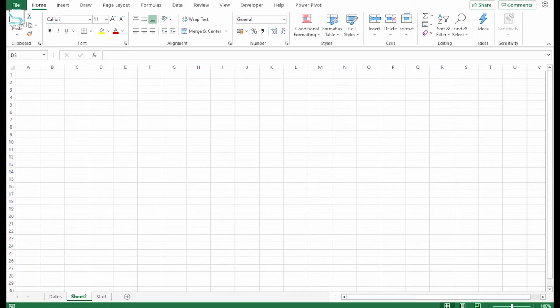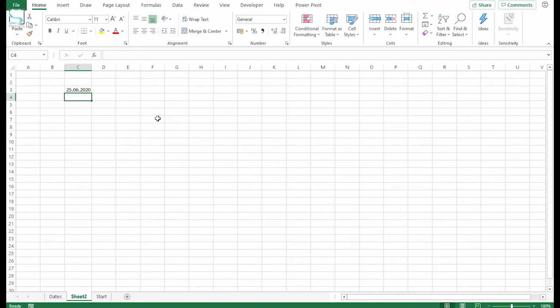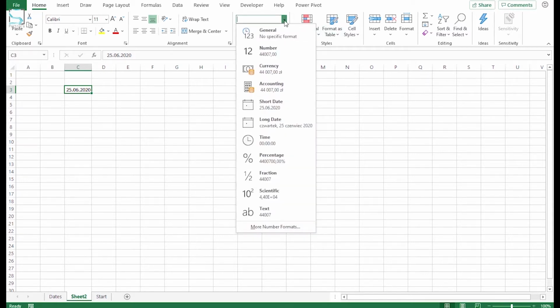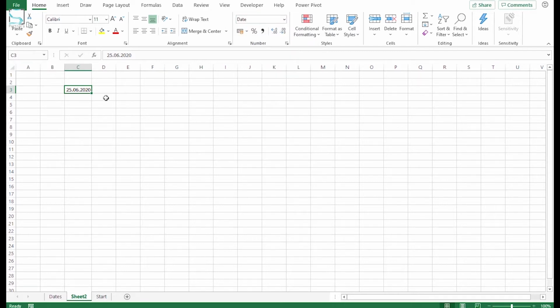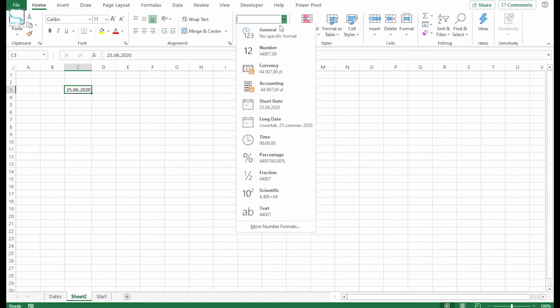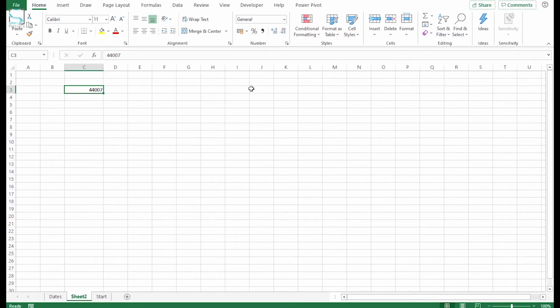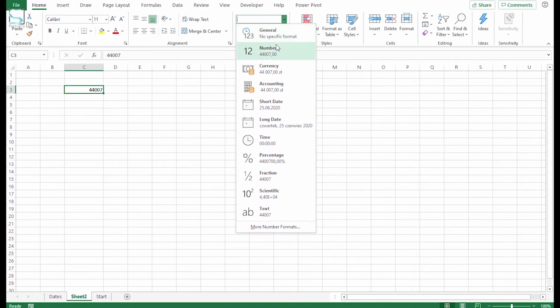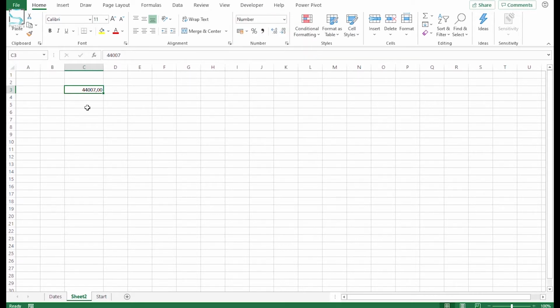The key to it is that if you put a date in Excel, so I put today's date, 25th of June 2020, you are basically putting a number, because if you change the date to a general or number format, you'll see a number